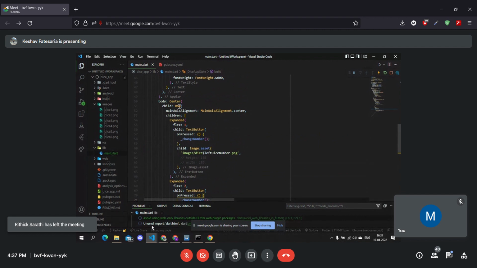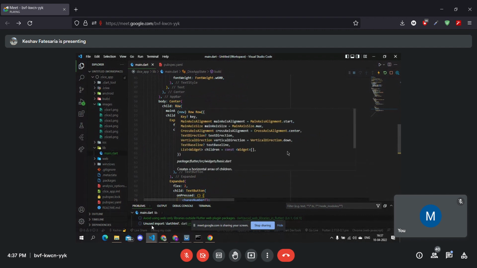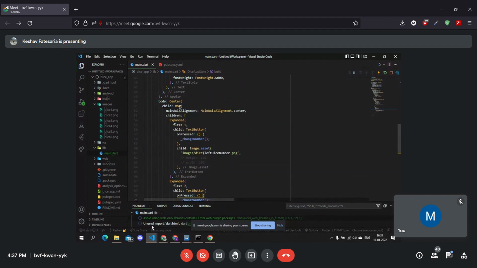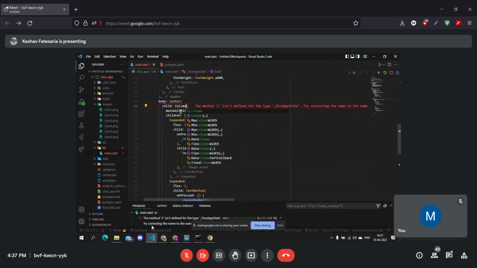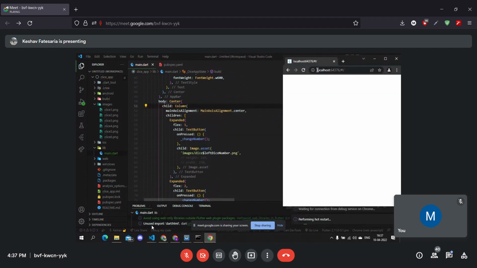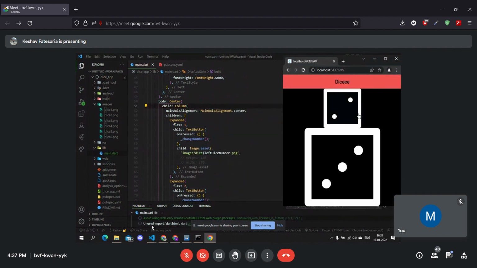Well, there are other types of alignments too which you can try. And if you change this row to a column, then all the widgets will be aligned in the form of a column. I already showed you that. This one. So you can play along with these widgets